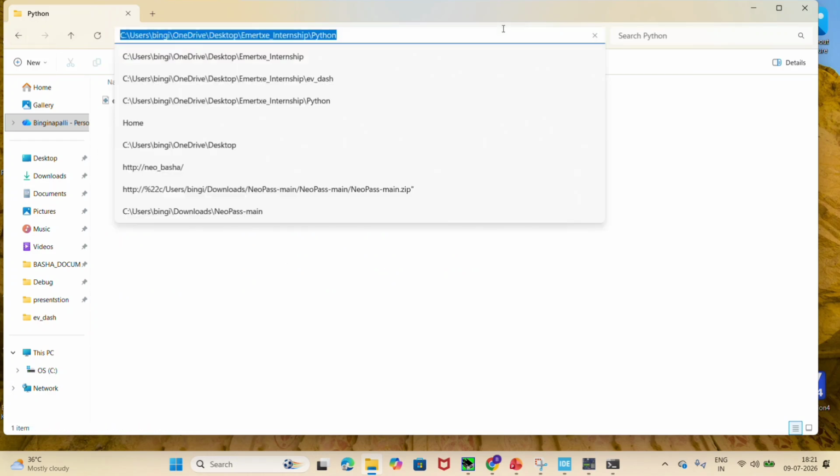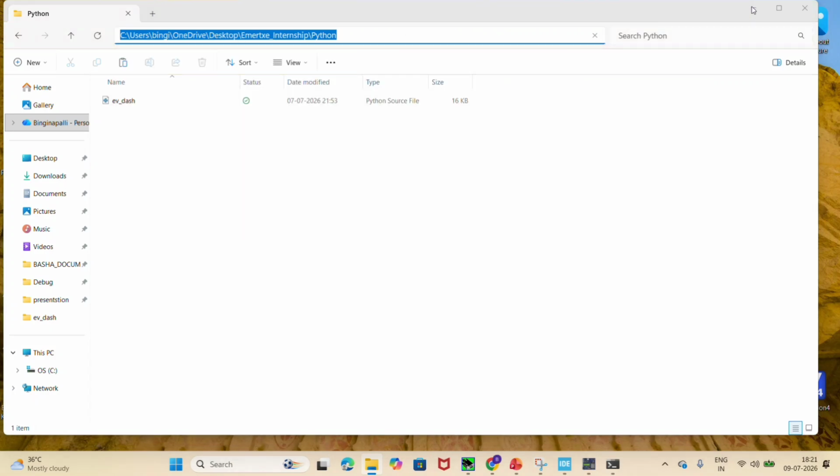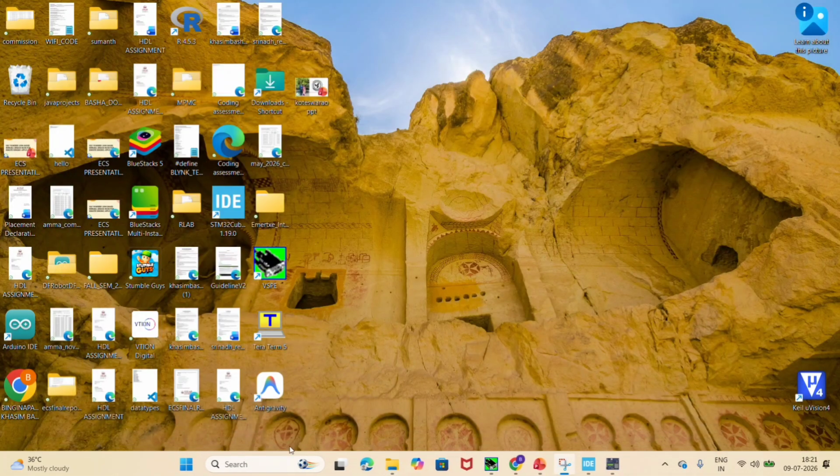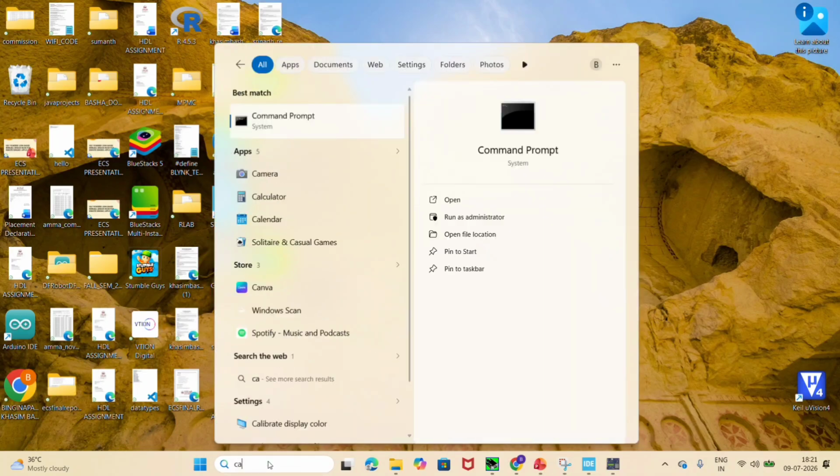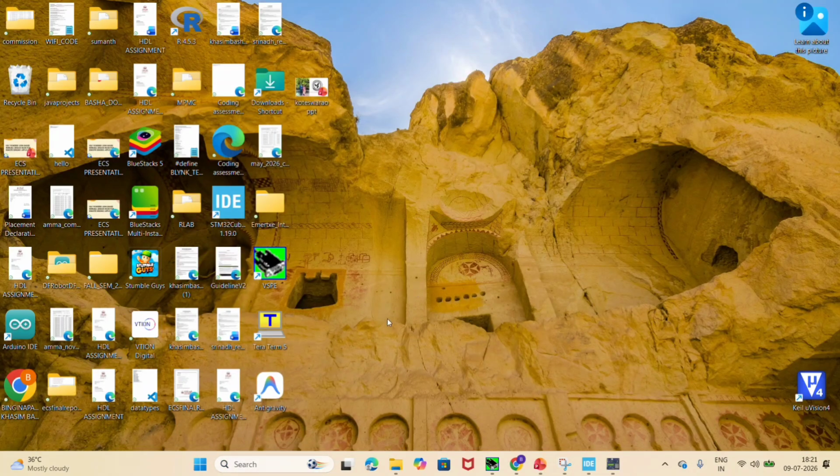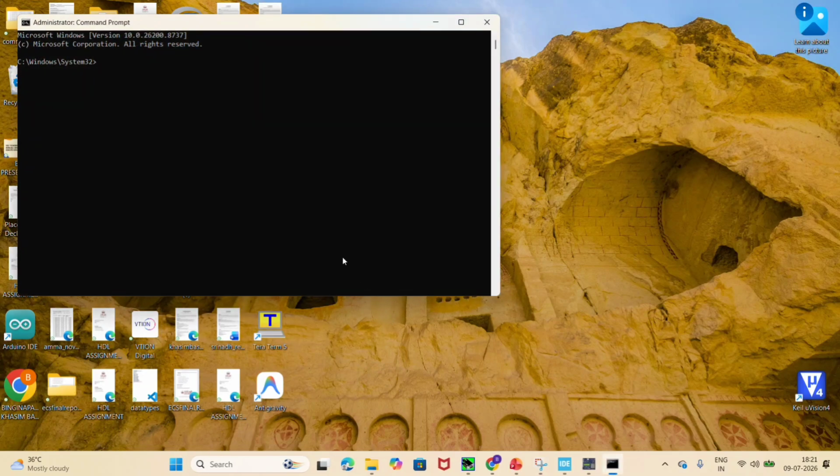This is my path. You can see Users, Bingy, OneDrive and all. This is my path. I have also run it as administrator because sometimes it gets issues. That's why I am opening it that way, and I will change my directory to